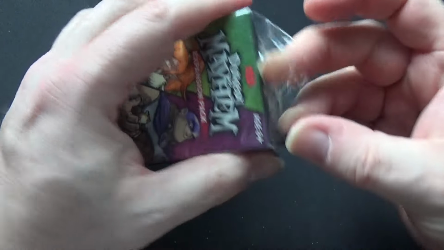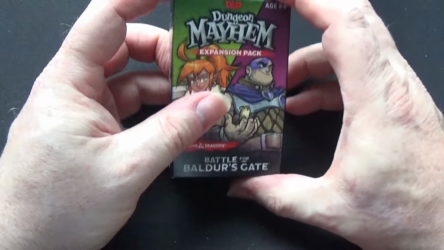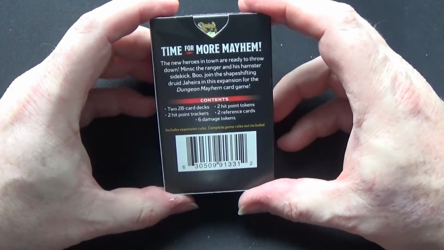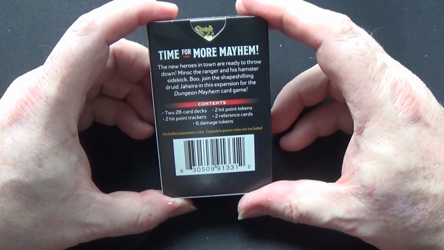It's basically two more hero characters, and we can then use this as a 6-player game by all accounts. So the new heroes in town are ready to throw down. Minsk the Ranger and his hamster sidekick Boo joined the shape-shifting...